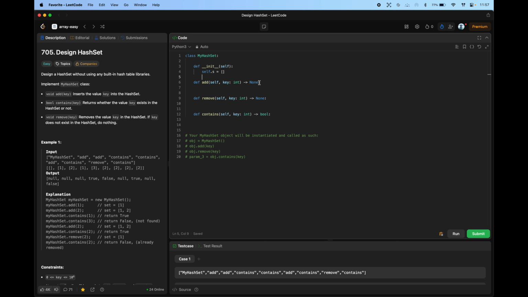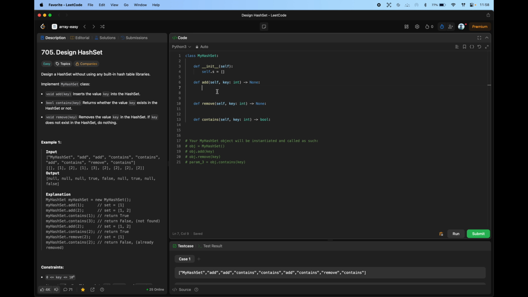Okay, now if I am asked to give something, then I need to check if I'm asked to add it. Add means append it,